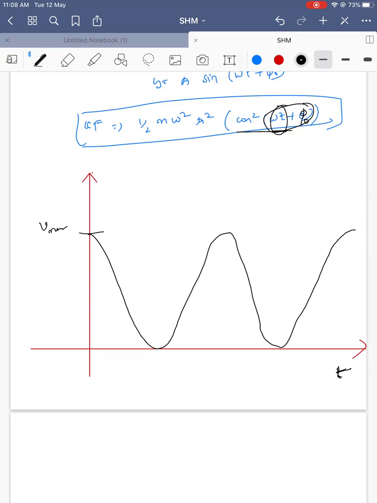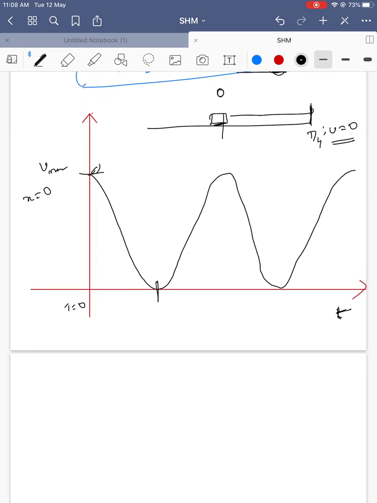Okay, so velocity maximum with the time. What position will have velocity maximum here? At x is equal to 0, the time t is equal to 0. So if you remember, this is the mean position. From the mean position it is going to the maximum position. How much time is it? At maximum position, at t by 4, what will be the velocity? Velocity will be 0. So the velocity becomes 0 after reaching t by 4.